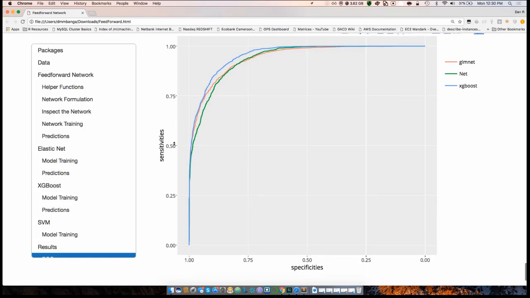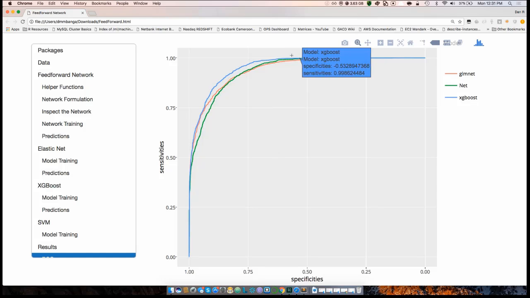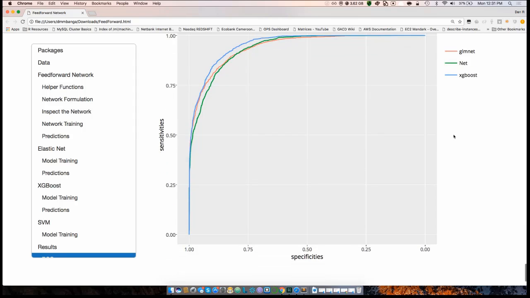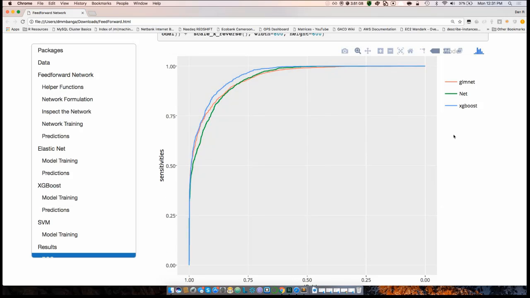Yes. So can you tell us about the sensitivity and specificity performances on the data set that we analyzed today? So in our data set, all the models, as you can see here, did roughly comparable with each other. You can see we have this nice interactive graph that we could hover over, and we can see how they're all very similar. So in this case, for a very simple logistic regression, this actually is a very simple data set. It fits nicely almost no matter what tool you throw at it. They all do roughly the same. So in this data set, you can't go wrong that much. So there are many ways to solve a problem.